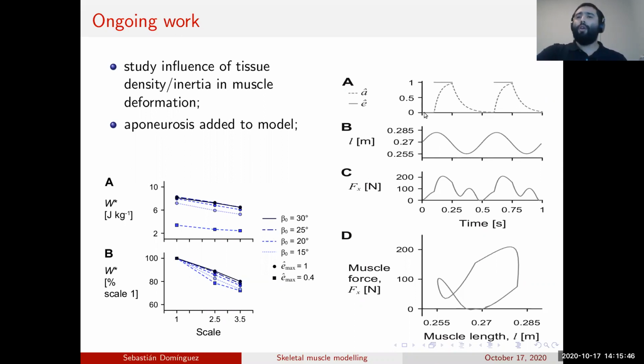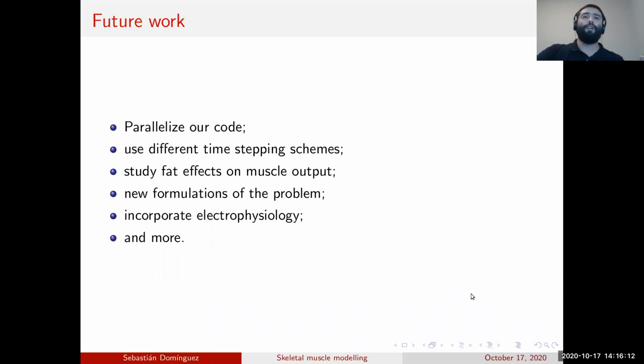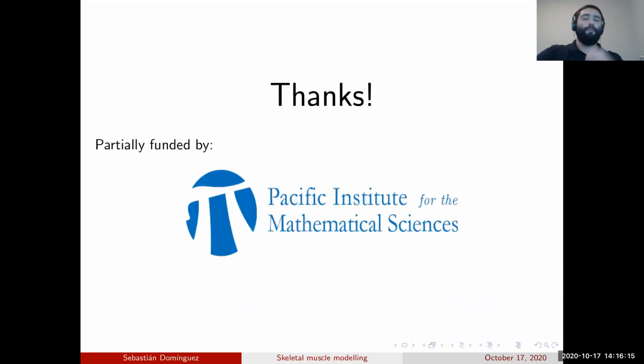Here we use this activation function that is based on this excitation for these runs. It's essentially based on a model proposed by Zajac in the late 80s, and this is the A function that we put into the code. Then we get this kind of results from it. I'm not going to comment too much on that. Maybe you can ask me later, but I think I'm going to stop here. Thank you. Sorry about the delay.